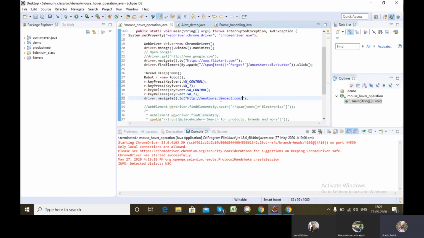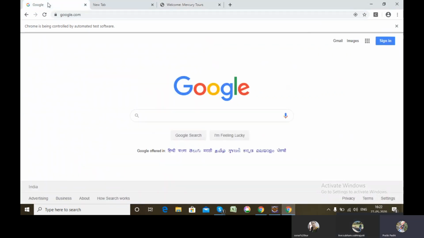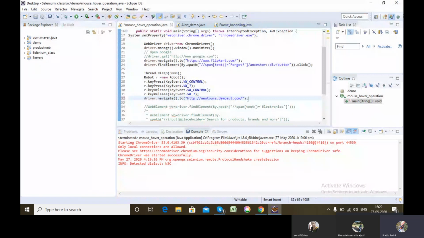This Mercury Tours demo will get opened in my first tab only, which was the previous tab, right? It will get opened here. Yes. But I want to open it in a new tab. So the first thing I have to do is